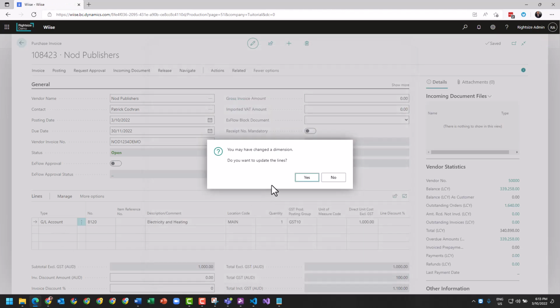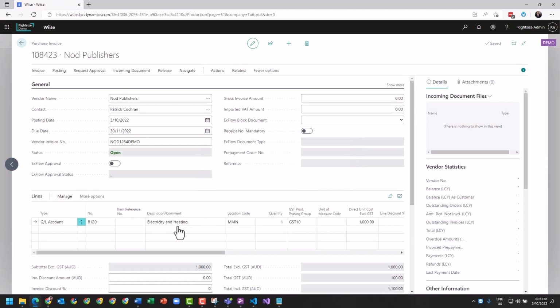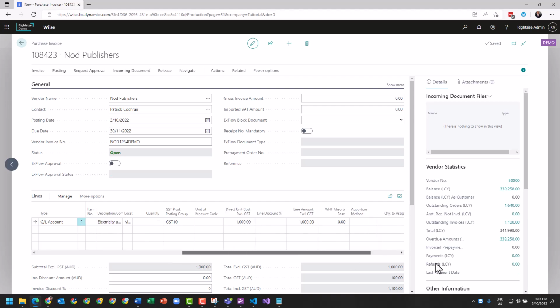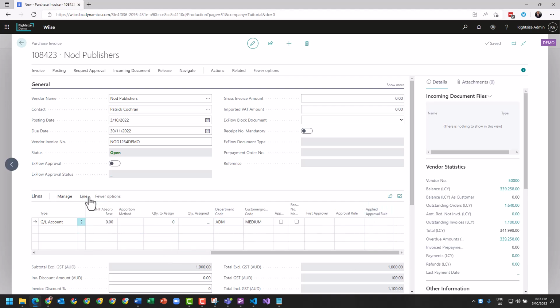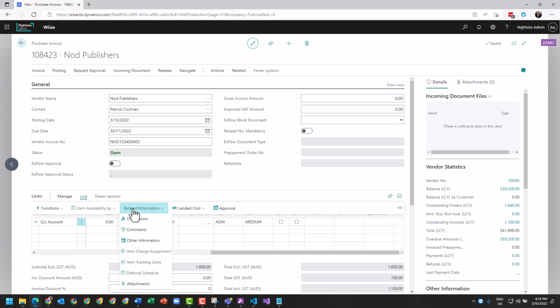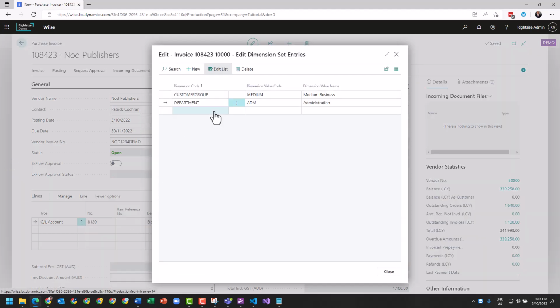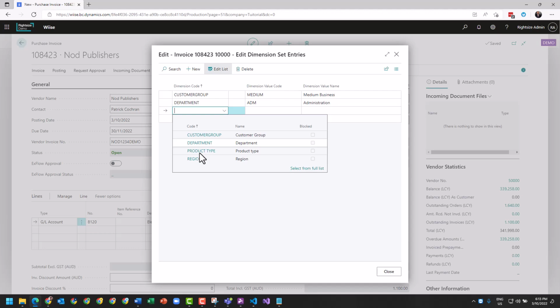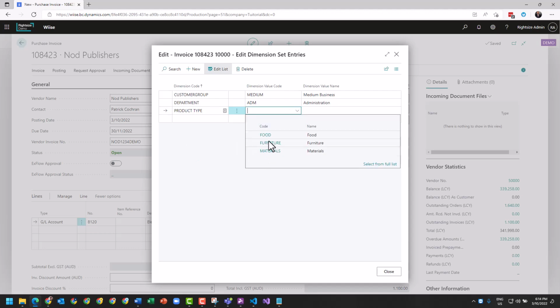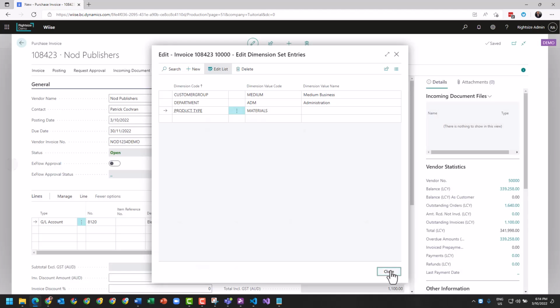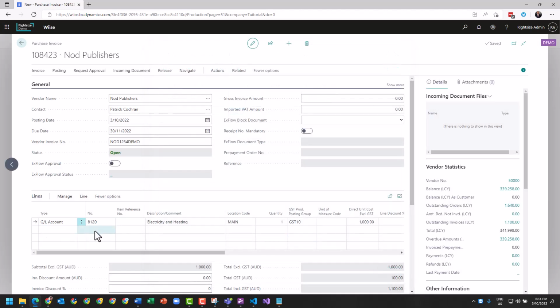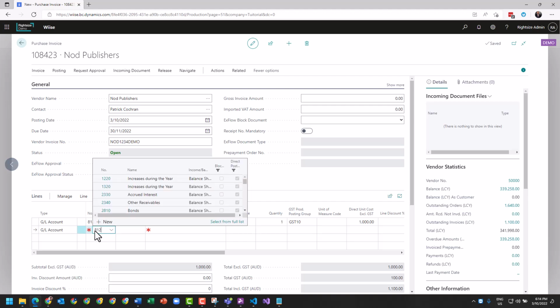And I may want to set some dimensions on the line. If they don't exist over on the far right here, I can actually go into More Options, Line, Related Information, and Dimensions. And on the line now, I've got the ability to set a product type, and this is materials. Now, the reason why this is super important on the line is if we were to duplicate lines,